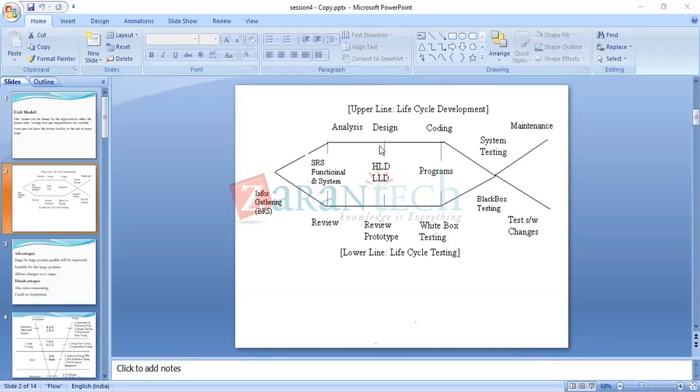So this is what I'm trying to say: we start from analysis, okay? What is the output for analysis? SRS is the output, correct or not? System requirement specifications. Here the user can have the review. Already we discussed in SDLC. Demo also I've given the same, right? So SRS is nothing but system requirement specification. The moment when we prepare SRS, we give the same to the customer for review purpose.